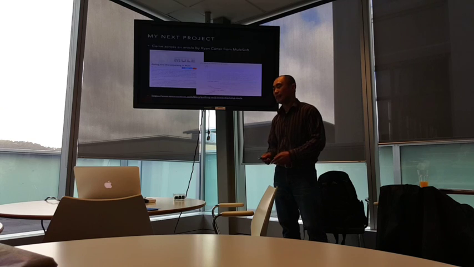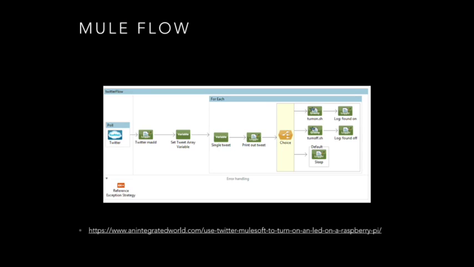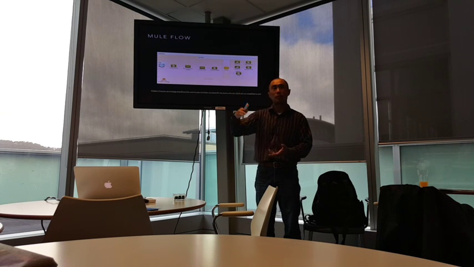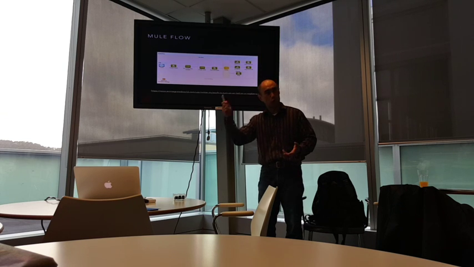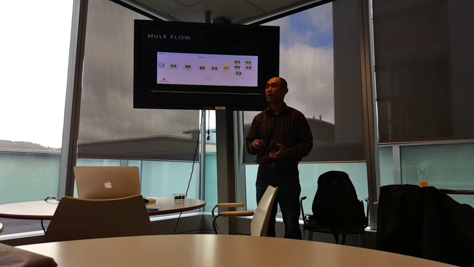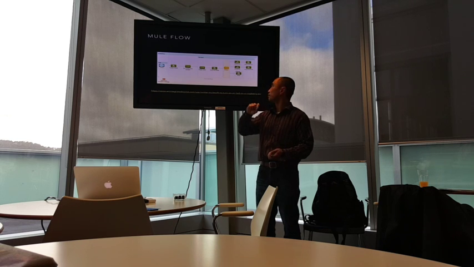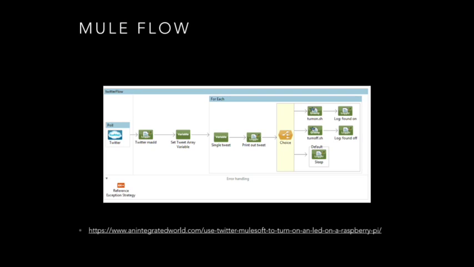So this is the actual flow that I ended up creating, and just to walk through it, you can see at the beginning I use a poll activity where I go out to Twitter, grab the tweets, I go ahead and log what's called a max ID for reference. I then go ahead and grab all the tweets, place it into an array. I then use a for loop to go through each element of the array and grab the individual tweets out. I then log out their tweets themselves, and then I use a choice router here,